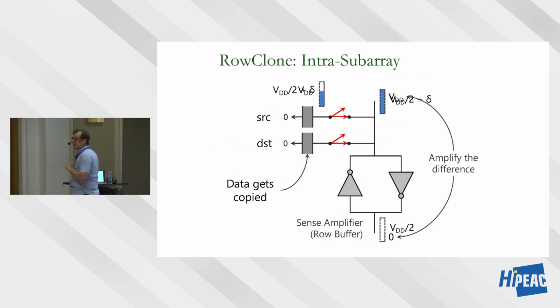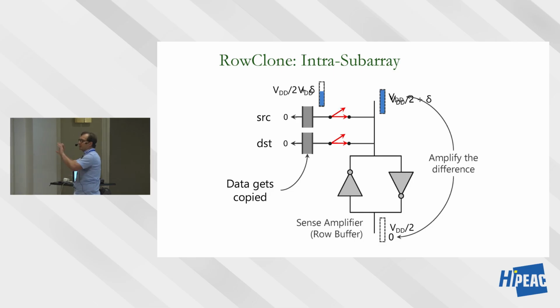Okay, so I'm going to show you the source level and the destination level. This is intra-subarray, within a subarray. This is the source row. I'm showing you only 1 bit. This is the destination row. This is the bit line. And this is the word line of the source row, word line of the destination row. This is the capacitor, access transistor. Initially, source row is charged.